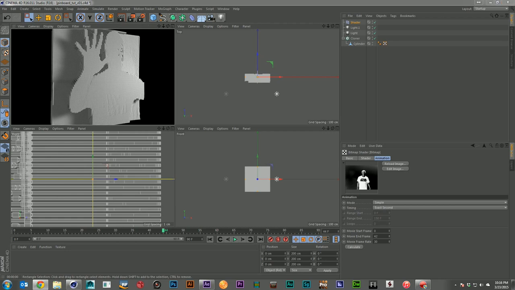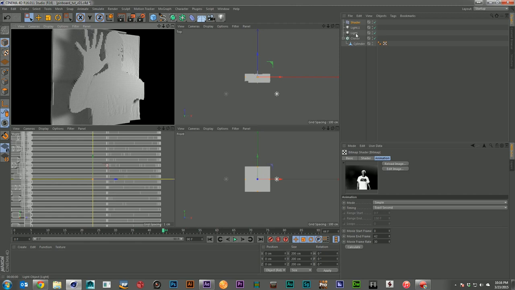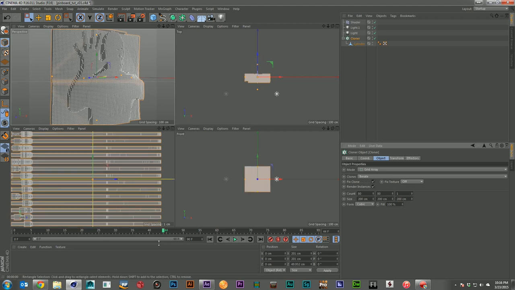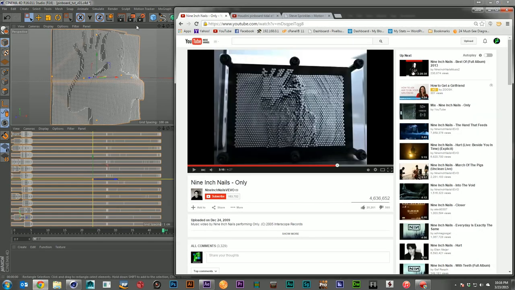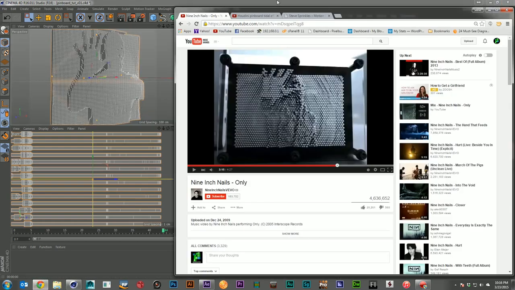As a matter of fact, if I go ahead and put them side by side, you'll see how much it is just like that look. Actually, I'm going to reduce my number of pins here because I think they're probably a little too close together. There we go. Now, if we put them up side by side, there we go. Now we're getting to see that exact same look. And this will work with any video you want to do.